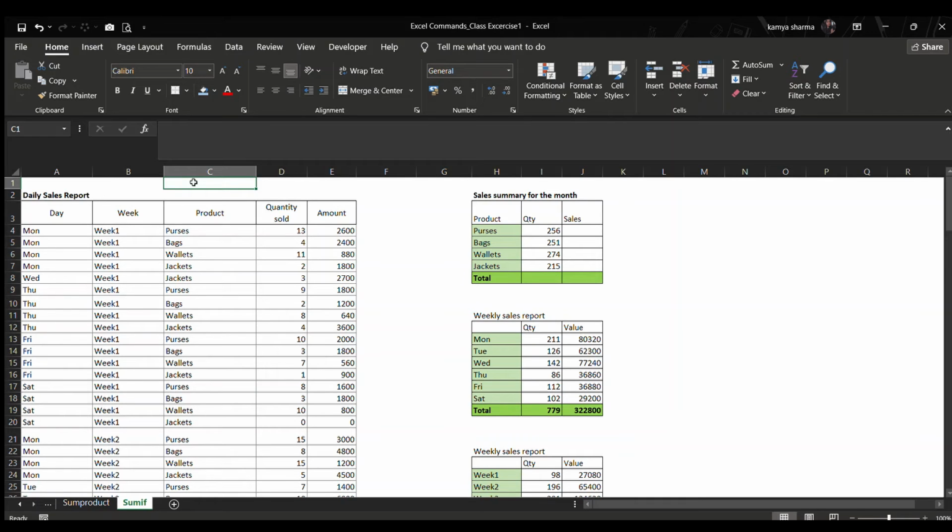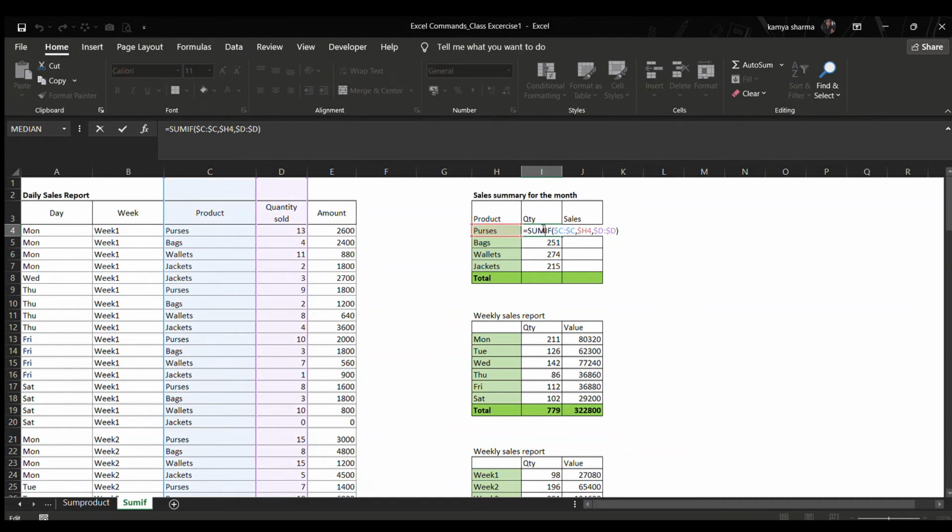I hope it is making sense. Let me know if you have any doubts in the comment section below, and I'll help you clear your doubts. There are different types of freezing, I'll tell you. In this case, I froze the whole column C. I don't want it to move anywhere. The range which I have given has to be picked up from C only. That's why I froze the whole column.